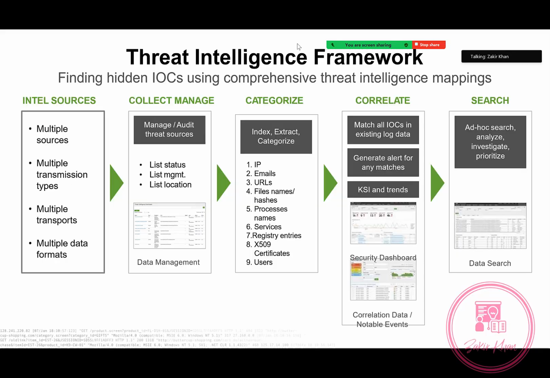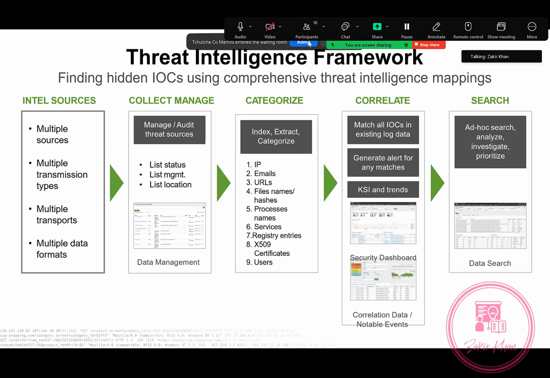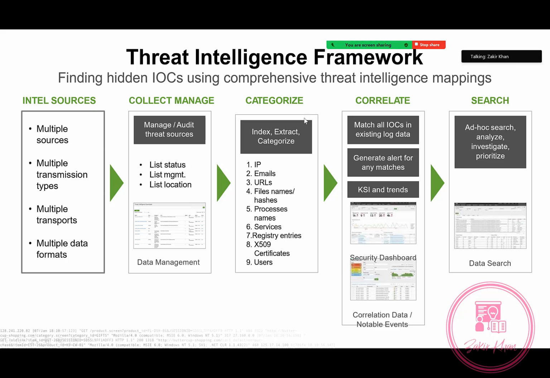Threat intelligence. Many companies deploy some third-party tools for threat intelligence, for example anomaly recorded features. Splunk also has a built-in threat intelligence feed framework inside it, so it will download the threat feeds in Splunk, and it will enrich your data if you have any type of threat intelligence feed. If it compares, it will give you the alerts, and it will basically give you more detail about that